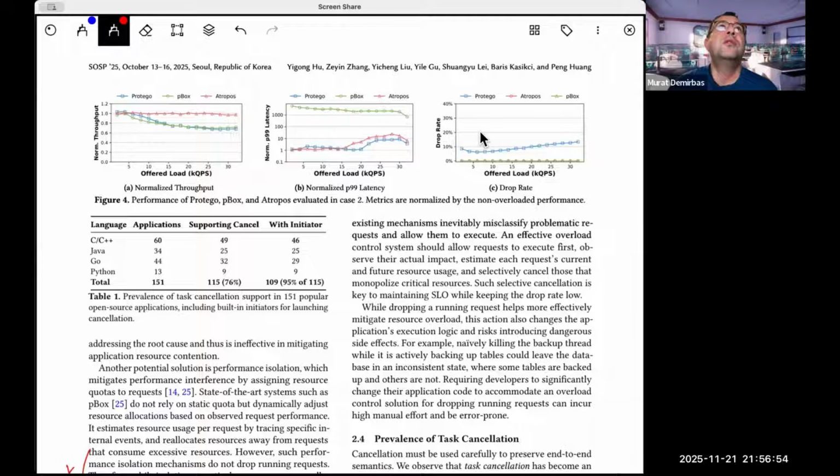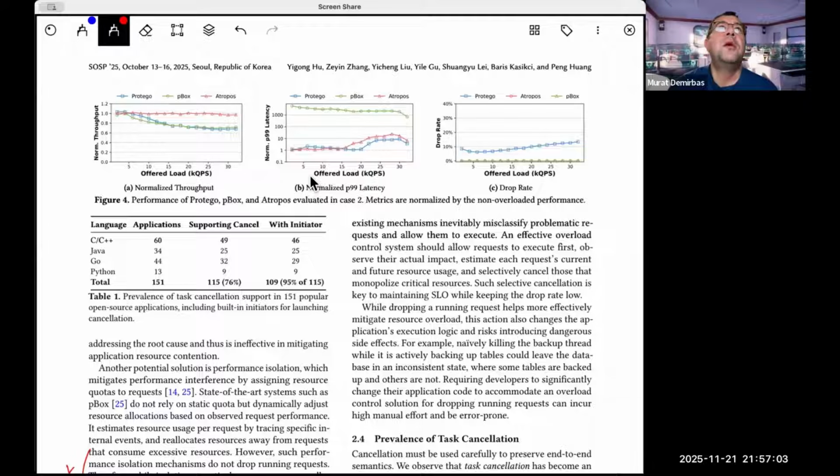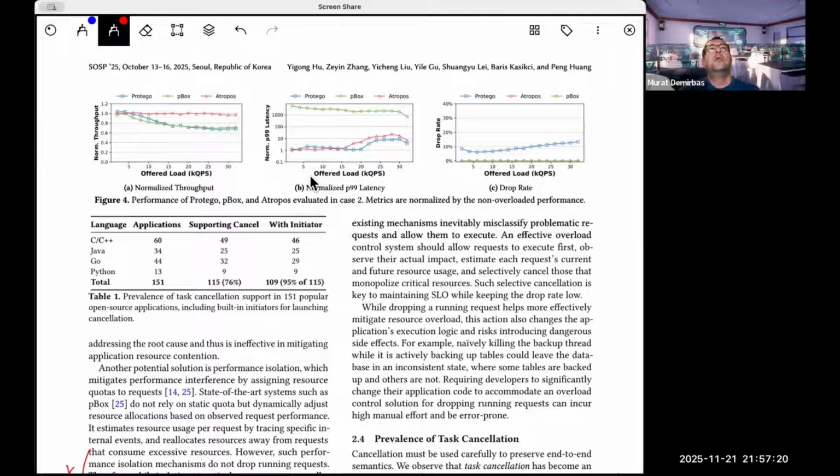In three graphs we can see the entire thing. Again, log scale, right? So it may be confusing to people. Even a small difference, you can clearly say, oh, Pbox sucks, right? Even if you don't pay attention to the log scale. But then I could say, oh, Atropos is very close to Protego. But then again, because it's a log scale, that very close is not really that close. Yeah, you are mentioning this gap.